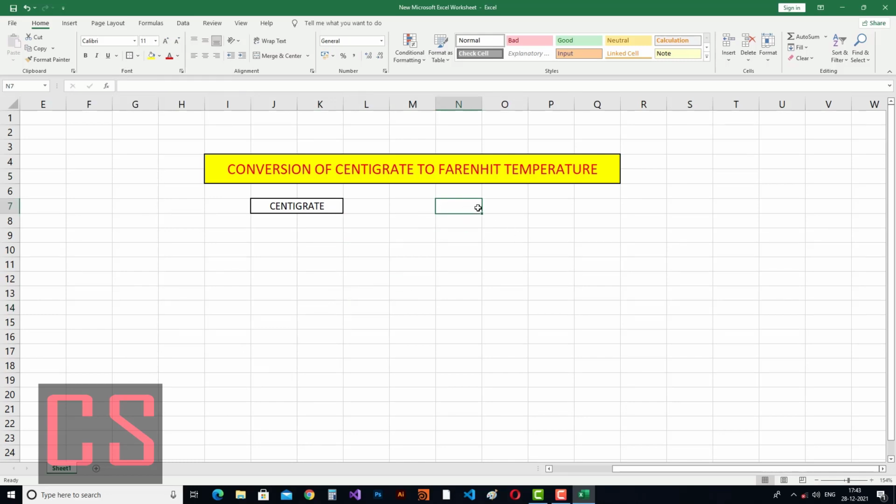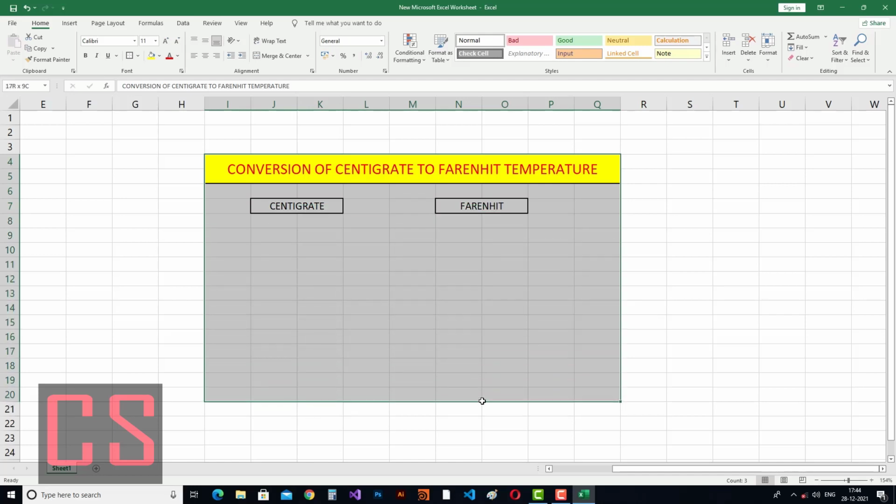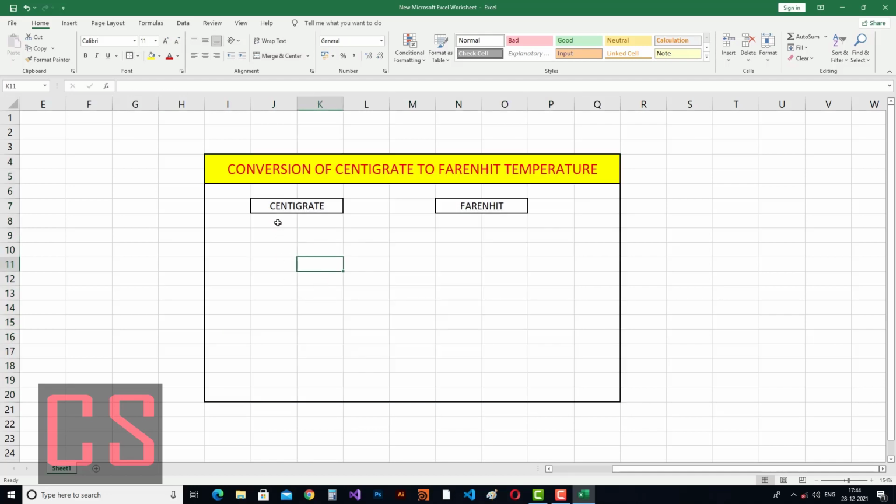And this is the output of centigrade to Fahrenheit. So we'll give some centigrade value here, and the Fahrenheit value will automatically generate here. This is our target. So I am giving the total size of my area in which this formula will work.